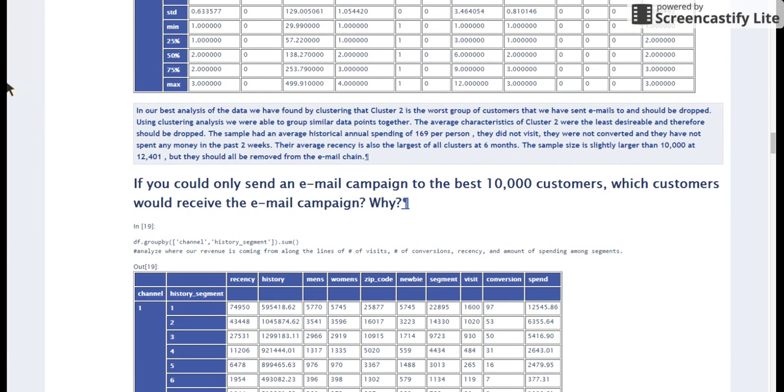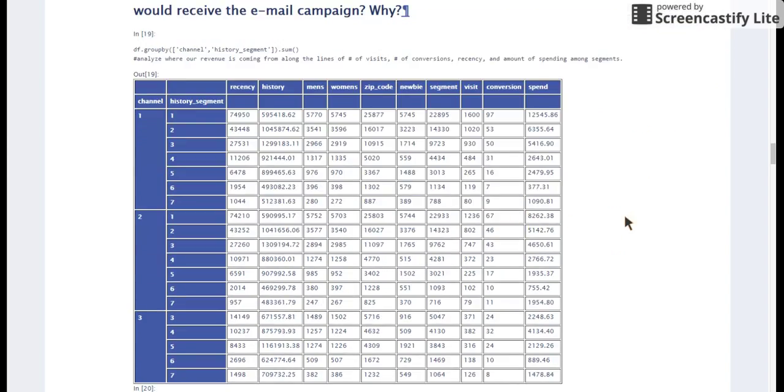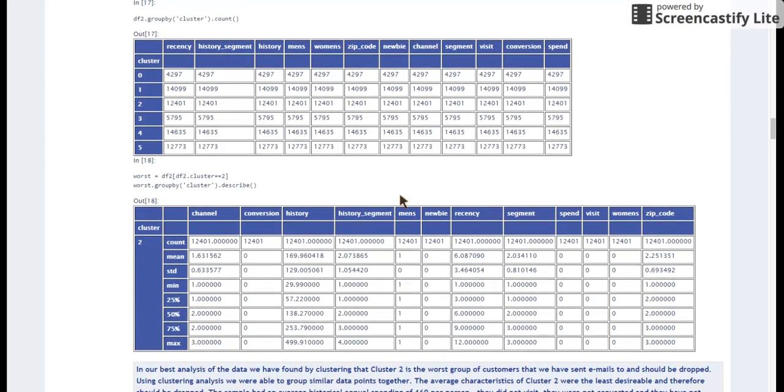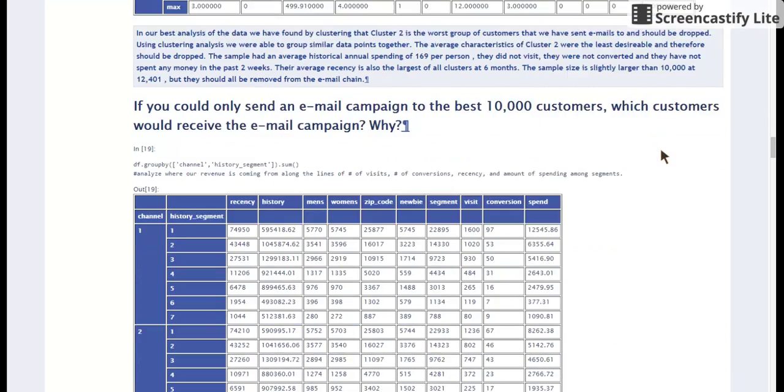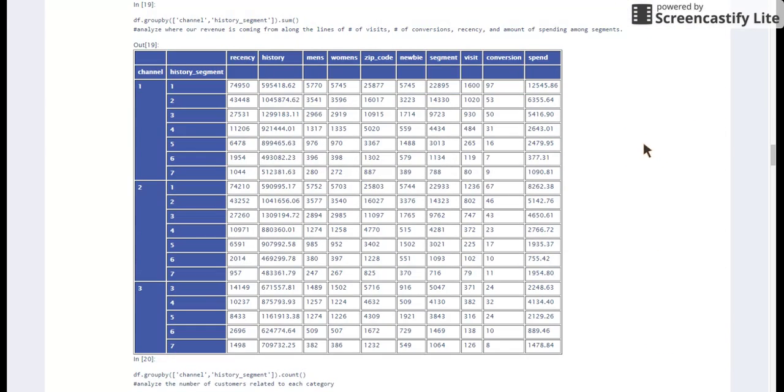Now, if we use that same clustering analysis to find our best 10,000 customers, we can see right here that cluster 0 and cluster 3 would be our best groups to focus our email campaigns on. Also, we can back that up with our pivot table right here with our history and channel segments. Within our channels,